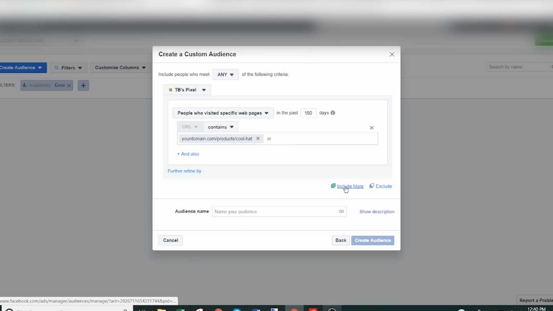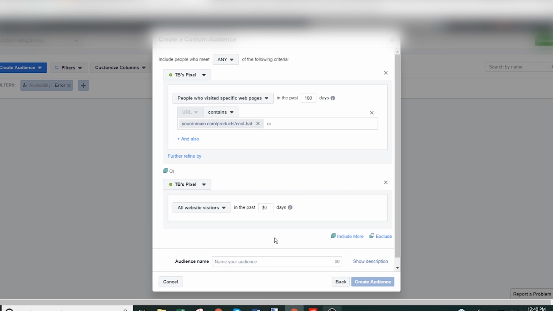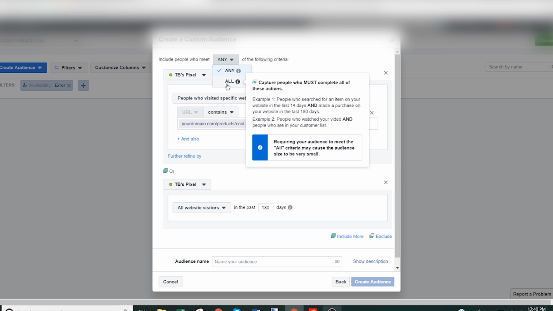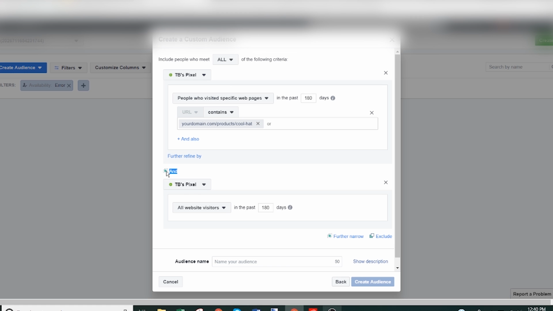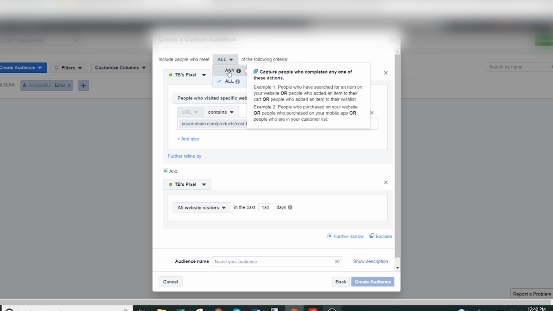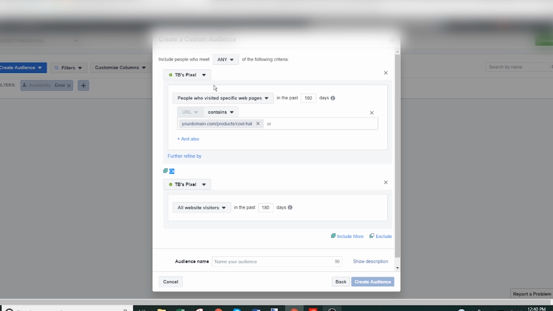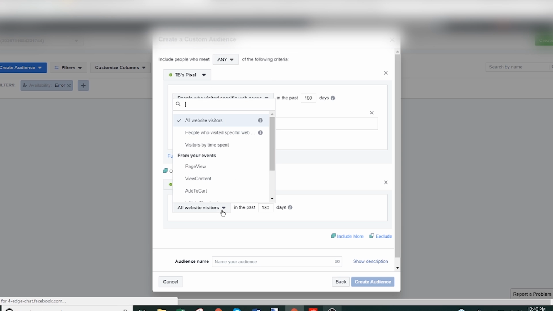And then what you want to do is you want to click include more, change this one on the bottom here to 180, and then change this up here to all. And that's going to change this right here. So if you take a look at that, it says or now. So it's basically people who visited these pages,